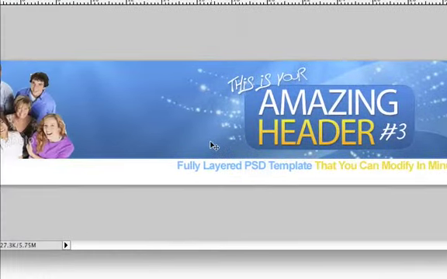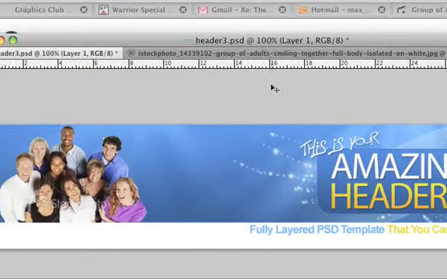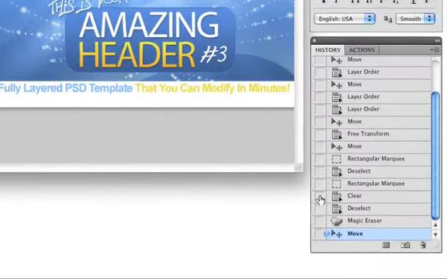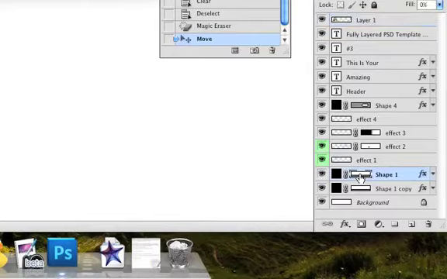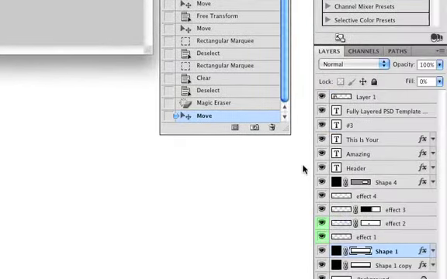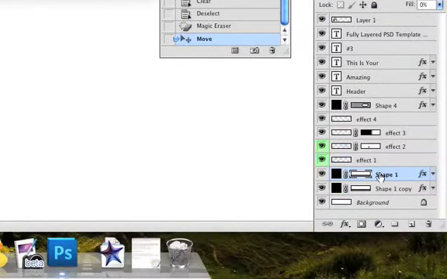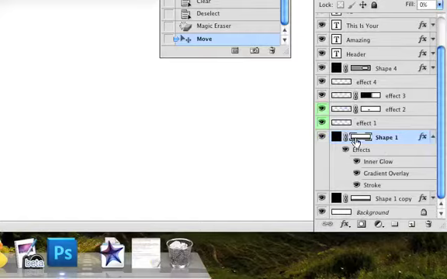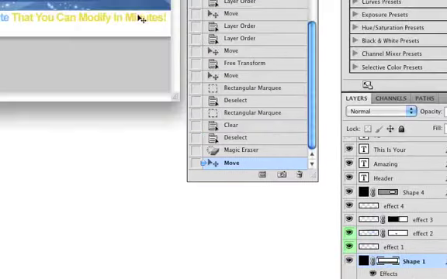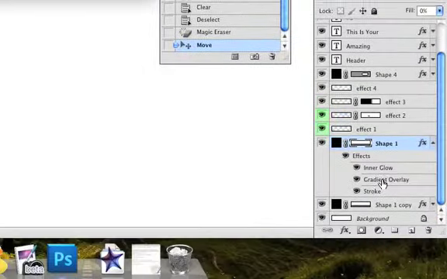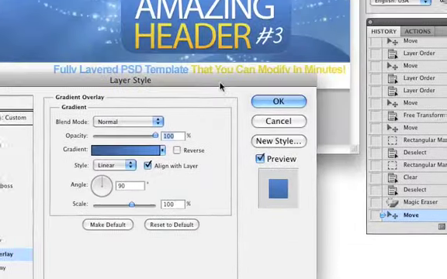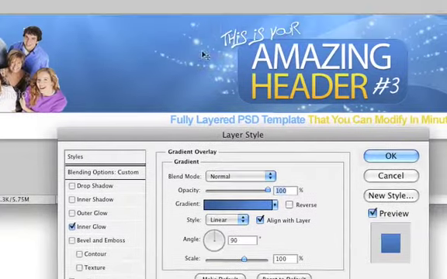Okay, next step, let's change the colors of this header. To change the color of the main header, find the main header. It's usually at the bottom. It's usually like a long rectangular shape. Some of them have layer styles attached to them, and the color of the header comes from this gradient overlay. Okay, so this is the color of the header that you see in front of you,